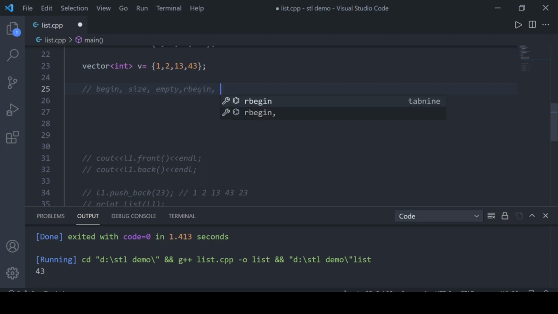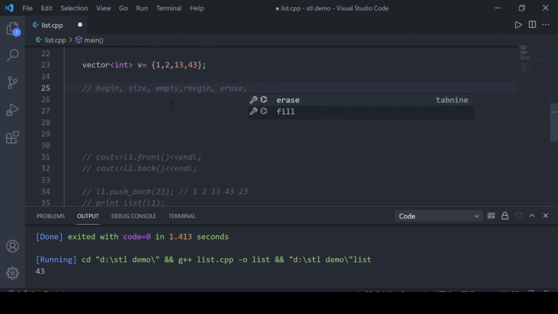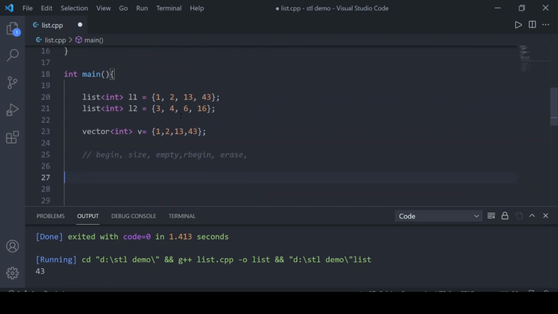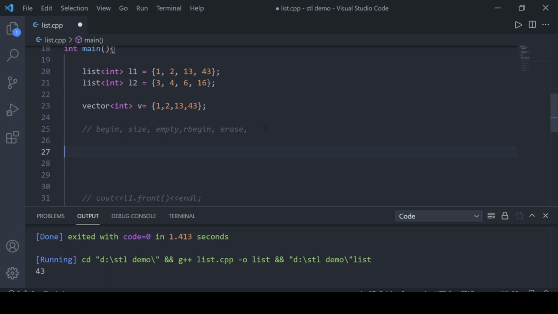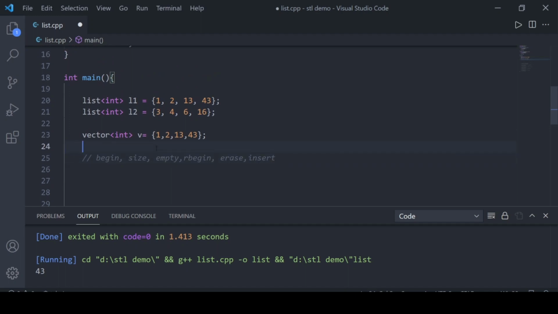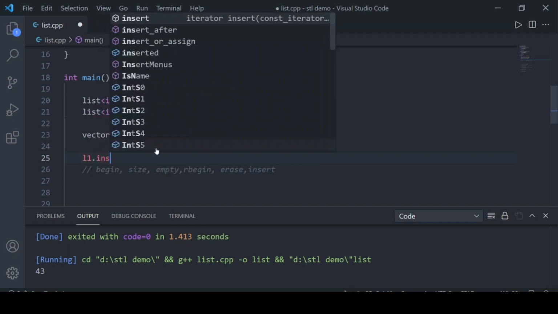And what more, the erase function is also the same, but you just need to update the pointer as we did using advance. So let's erase, we have erased the element also. Insert is the same, so let's insert some element. Let's say we want to insert an element after 2, so how will we insert that?